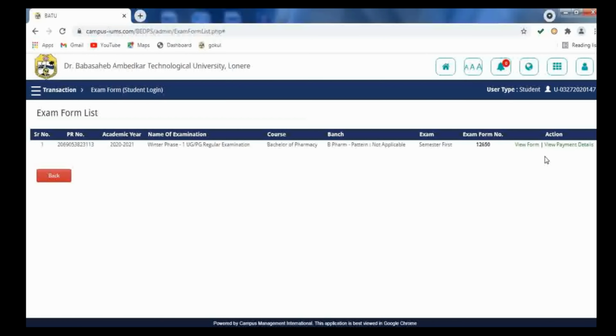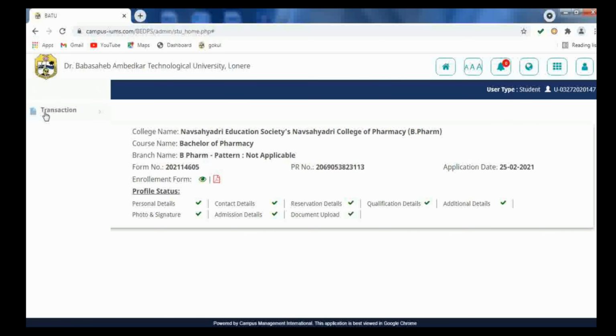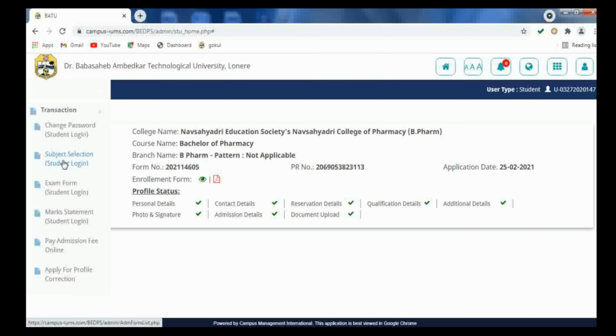Similarly, you will get the option for your payment below this for your semester 2. And then you can make your exam form payment of your semester 2. So that is your step number 2. So till now you have to do only the step number 1, that is subject selection. Then wait for your subject selection approval from institute and then you can go for your exam form payment. You can do the exam form payment by online mode by using credit card or debit cards.